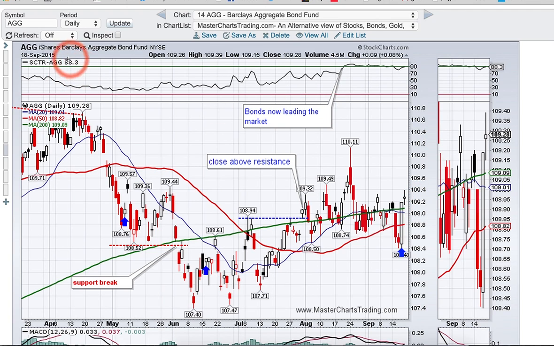And look at this. This is the SCTR, StockCharts Technical Rank, for a general bond market fund. This is not a very sexy fund at all. This is one of those things that people just buy to keep money in safety. And look, it is in the top 10% of all ETFs, really. The StockCharts Technical Rank is at 88, but it was above 90 here. So this is telling you that money is truly not interested in chasing risk assets, which are stocks.